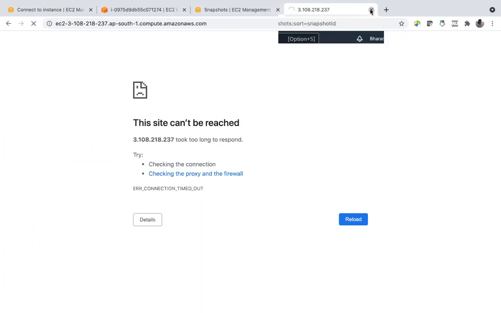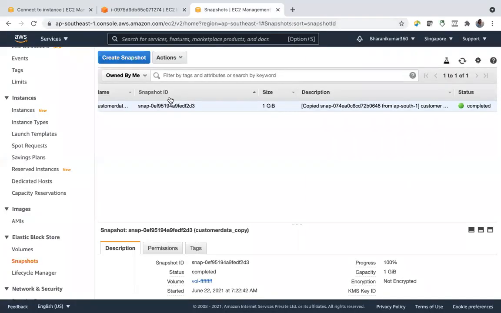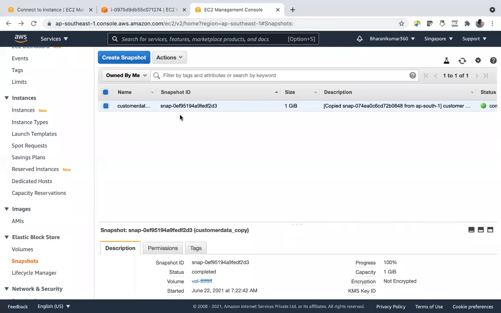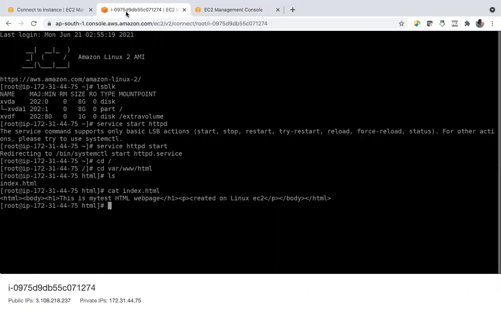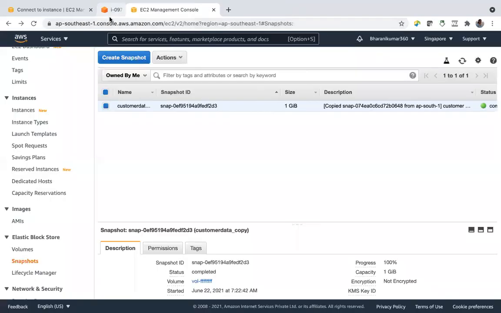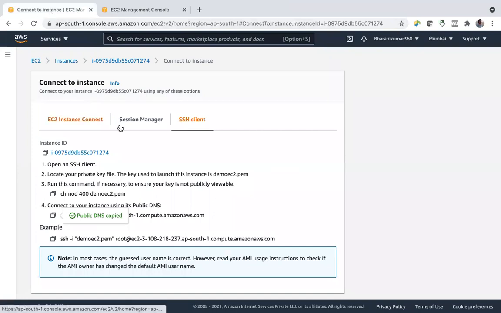Okay, sorry, I have not added HTTP rule because it's just a demo of showing you how you can create instance from AMI. So I have not used that HTTP rule. That's why we are not getting this. Otherwise, that index.html page will come there. And yeah, I don't need this EC2, so let me delete.